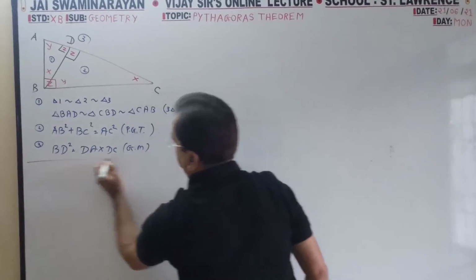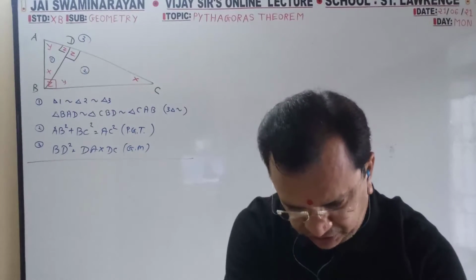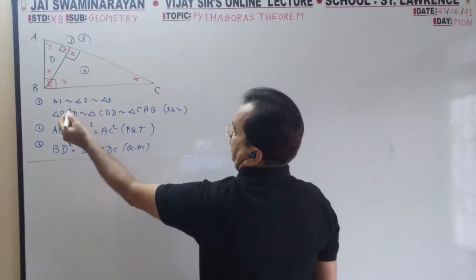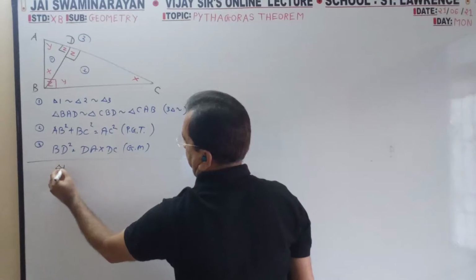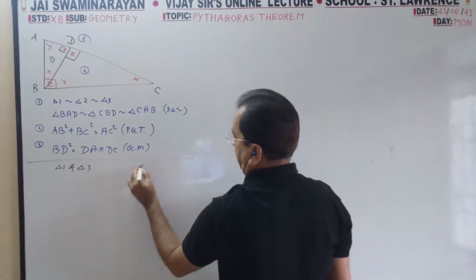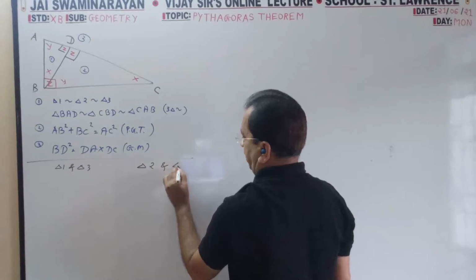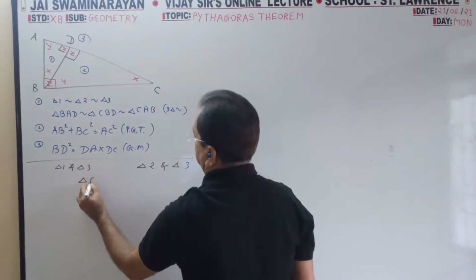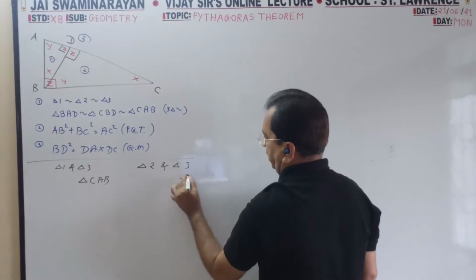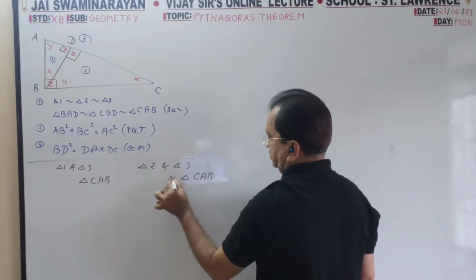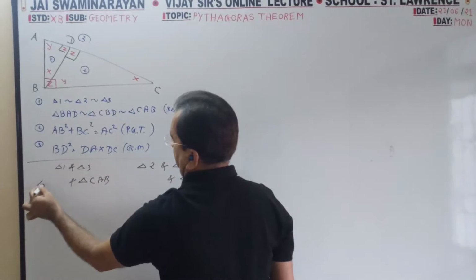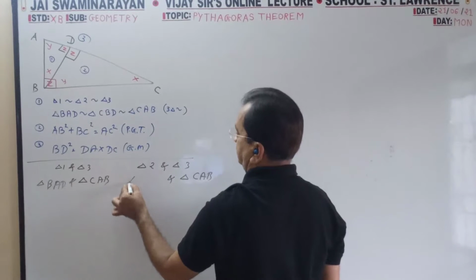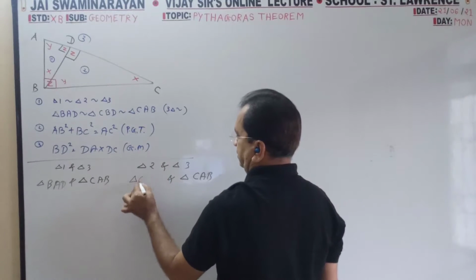Now the proof. Statement number 1. I will take triangle 1 and triangle 3. I will take triangle 2, triangle 3. Which is triangle 3? CAB. Which is this triangle? CAB. First, which is that? Now you have to read this only. No need to refer to the diagram again and again. First, third; second, third.